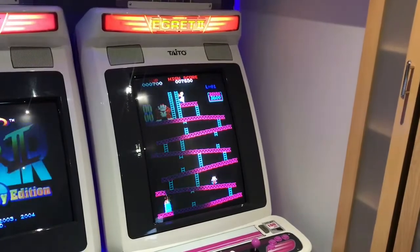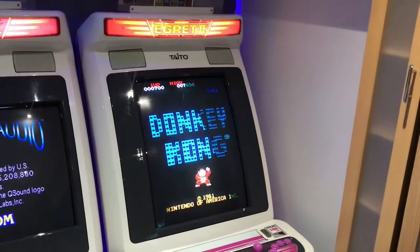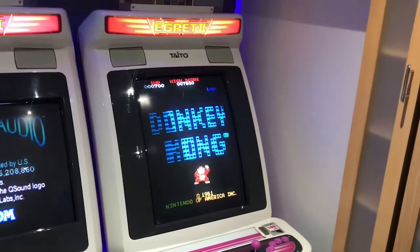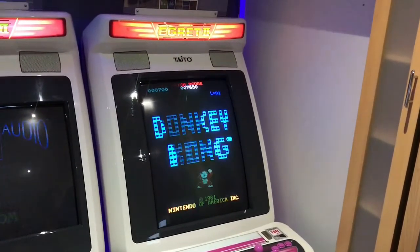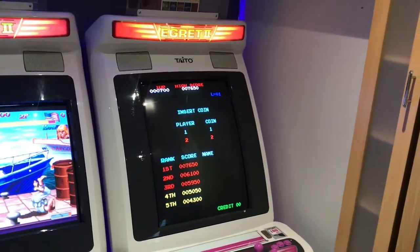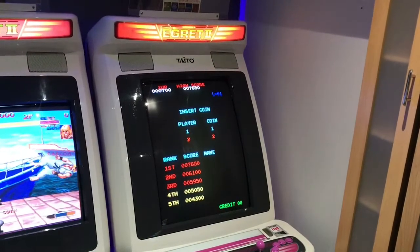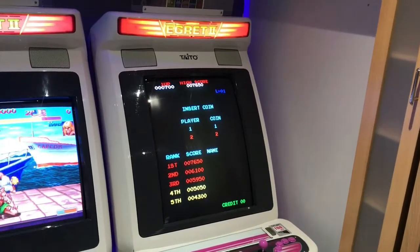Went up to his house to see his lovely game room. I had a couple of pickups from him, and I could have quite easily got him to send them down to me, but I thought no, I want to go up, check his new game room out, and it's absolutely stunning. And on the way home, it was just getting me thinking about my game room and how I'd like it to be,